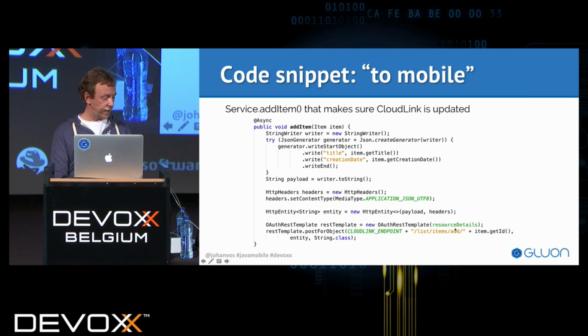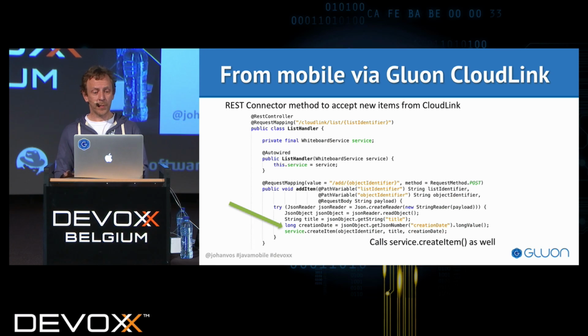The other way around, if we add an item from the mobile application, Gluon CloudLink will give it to us. And remember, the URL that we showed when configuring the REST endpoint was something like CloudLink list and then items. So this one will be called by Gluon CloudLink when new data is available. It will call the list items at and then the identifier of the new item